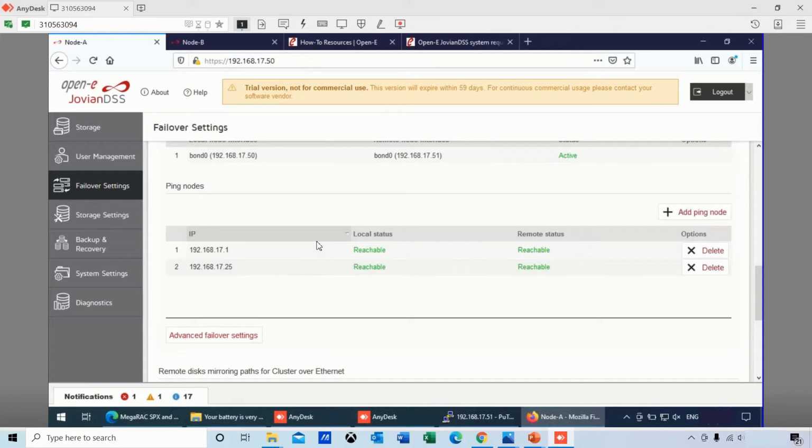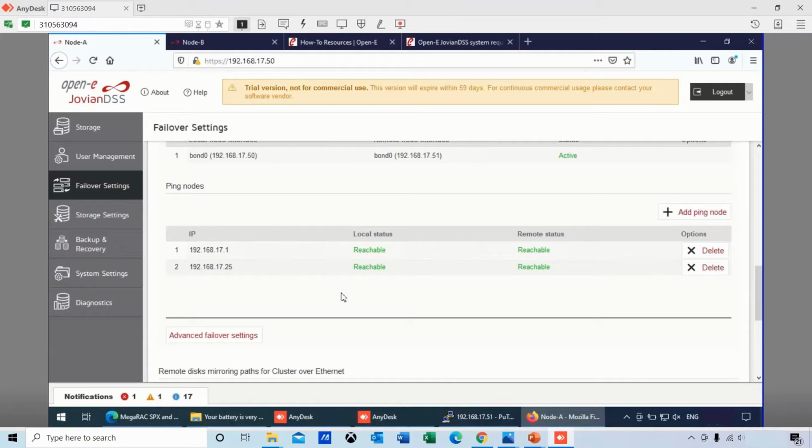Typically, most engineers have a big UPS on their router, firewall, and switches, right? So that would be a good ping node. Another ping node would be an ESXi host, or I've even seen engineers use the network interfaces on their UPSs, although if the UPS runs out of power, then one of your ping nodes can go down.